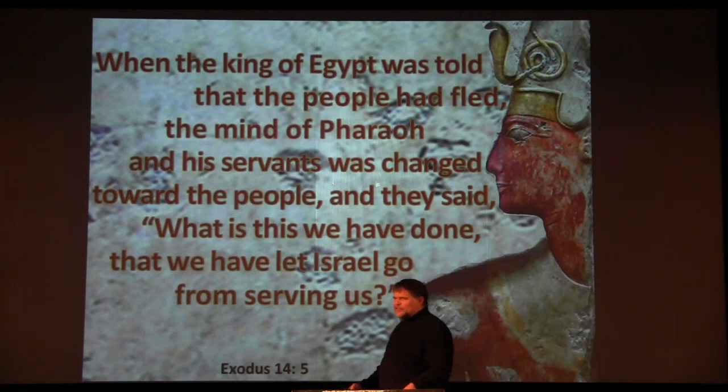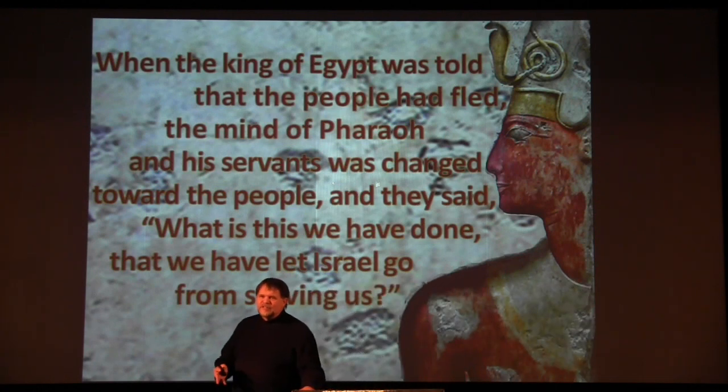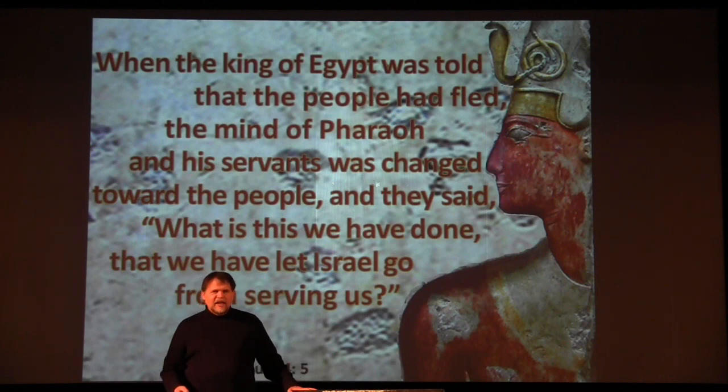They had lost their slaves. They had lost their slave labor force. And they didn't want to do the work. They wanted to make them do the work. They're like, if they leave, who's going to make the bricks? If they leave,